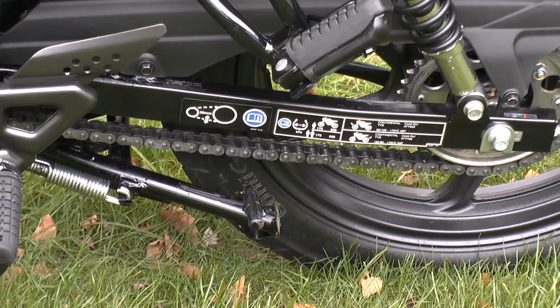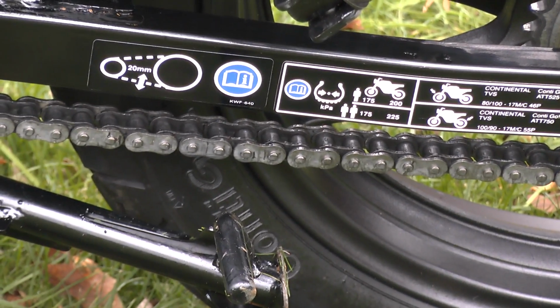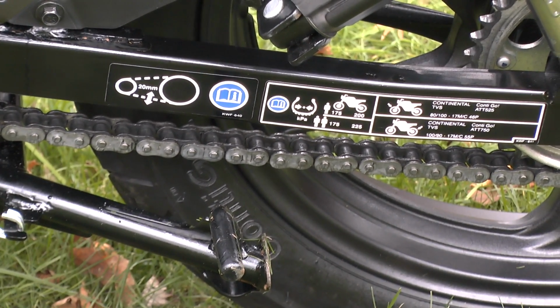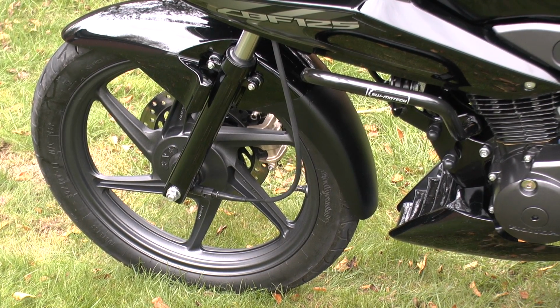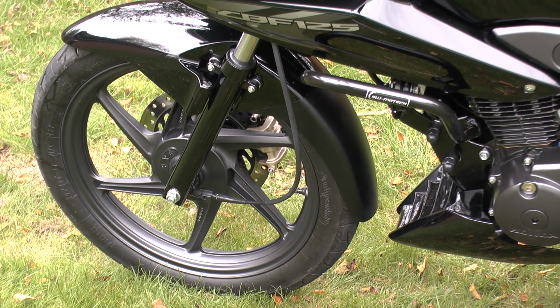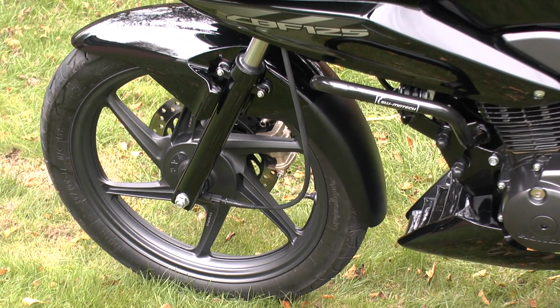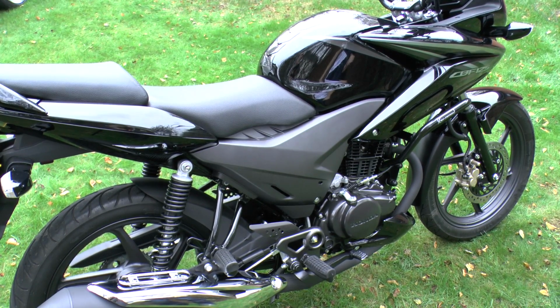And here's just a sticker showing you the chain travel level, and also your tyre pressures and things like that. And here we have another angle of the CBF125 of the front. You can see the other side of the disc brake there. And with that, I'll move straight on to my strengths and weaknesses of the